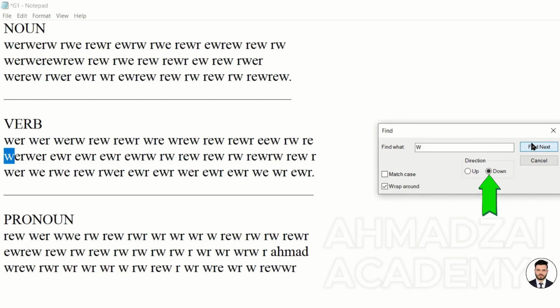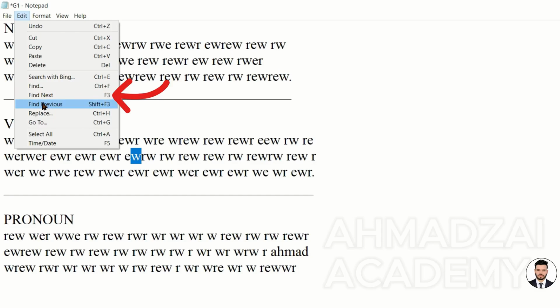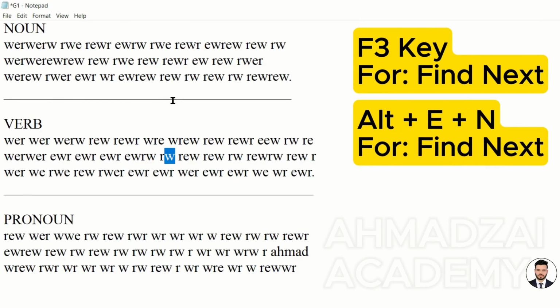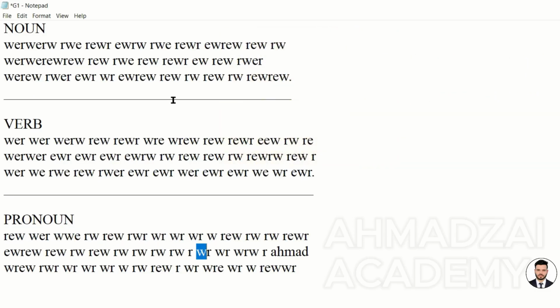Well, when we try this, we also have find next here. We go again, there's something called find next. What's its shortcut? F3. You press F3, find next, find next, find next, and it finds that W for us each time. Try not to get discouraged up to this point.